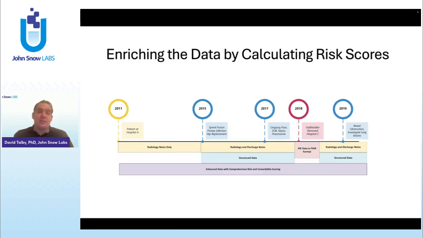Once you've done all of that, the fourth modality, as we call it right now, is saying, okay, once we have all of this, we extracted the data from free text, we normalized all the data from FHIR and from structured data, the next thing you want to do is to calculate different kinds of risk scores. So patient risk scores, medical risk scores, and also prospective risk. So do we see these patients' disease progression? What do we think is going to happen to them in 6 to 12 months: kidney disease, heart disease, untreated diabetes, pre-diabetes, depression, and sepsis, and of course there are hundreds of different risk scores